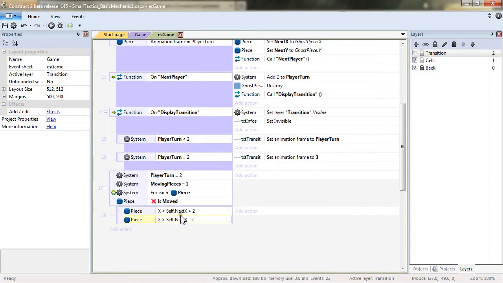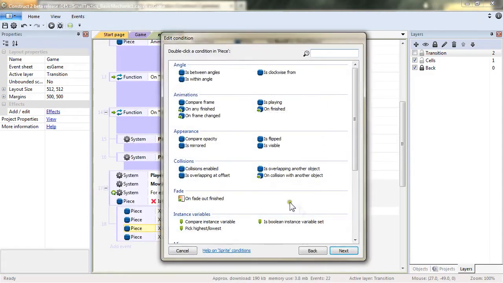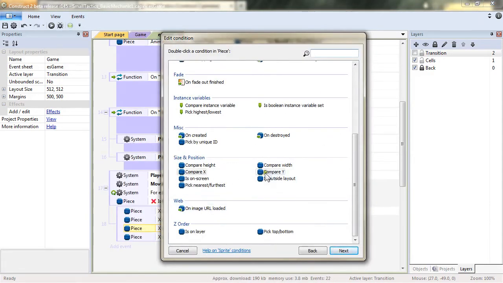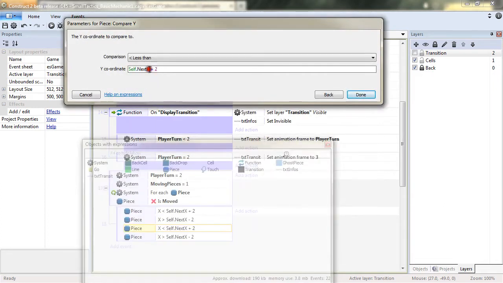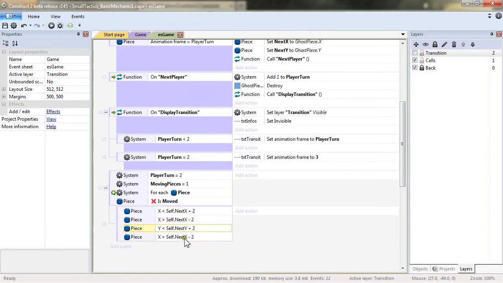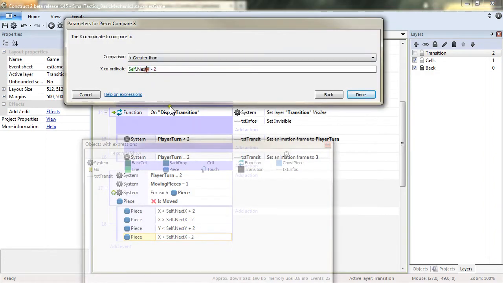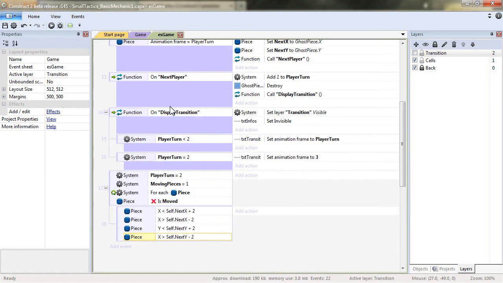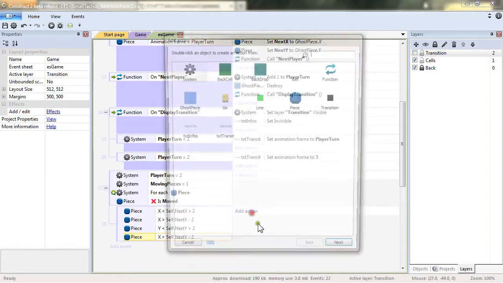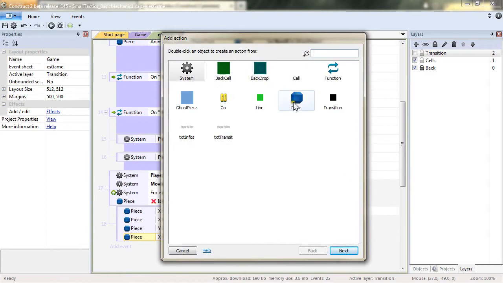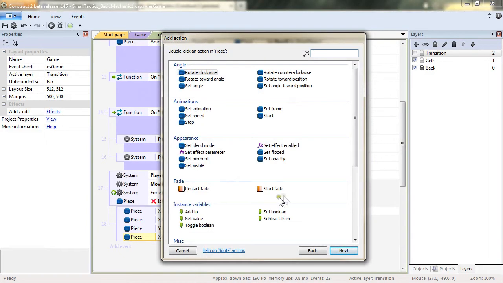So it's in a 4 pixels range from next X. And same thing after with the Y position. Compare Y, self.nextY, and self.nextY. So if any of those conditions aren't true, this action is not going to be made,